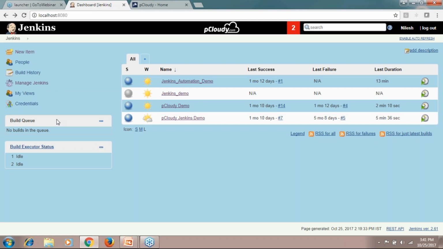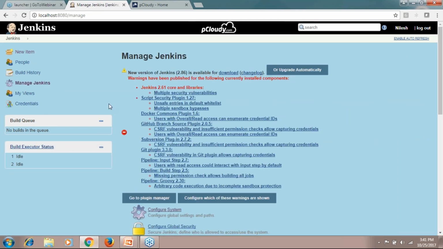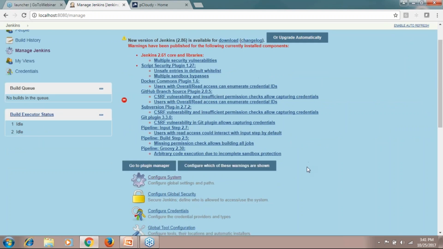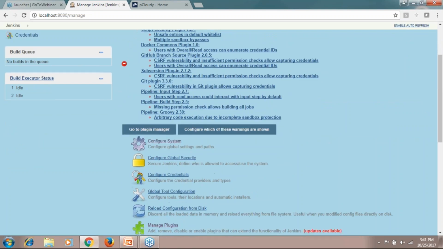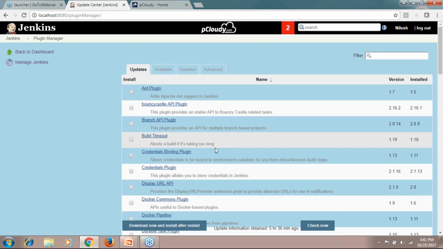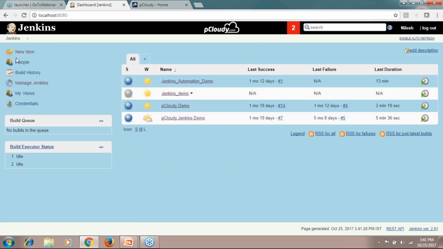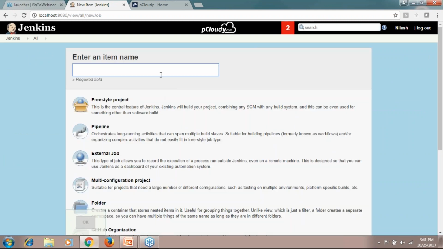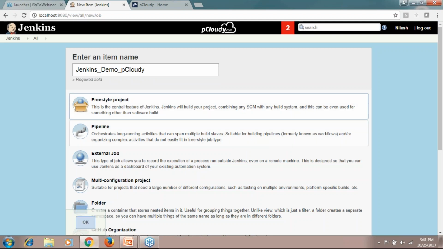Now we have something called Manage Jenkins. You'll have to go to Manage Jenkins, and you can go to Configure Systems or Manage Plugins here, and you can download the pCloudy plugin, which is available freely, and install that. Once you install that and go back here, you can create a new project, maybe Jenkins demo pCloudy, and just choose the project. Once you do that,